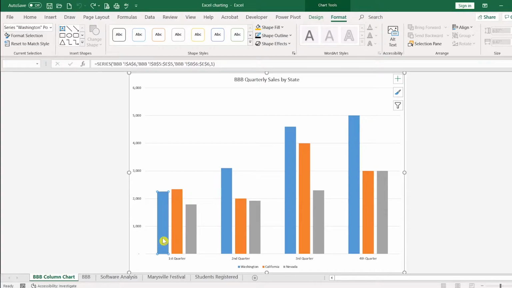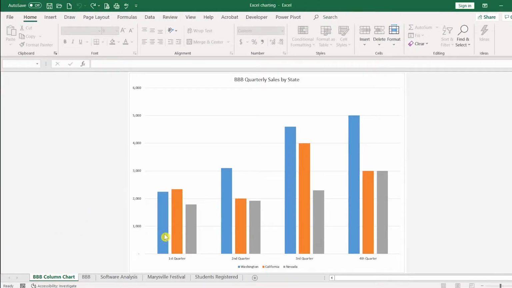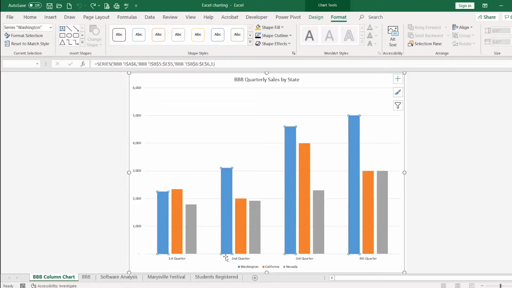And when you're working with a data series, you don't want to just change one data point. You would want to change the entire series. So I'm going to go ahead and click off and then click back on it so it selects the entire data series. Now I'm going to click Chart Tools, the Format tab, and I'll draw your attention to the shape